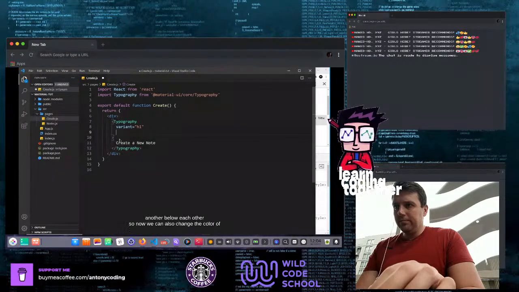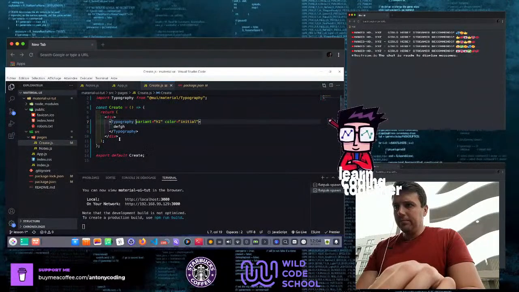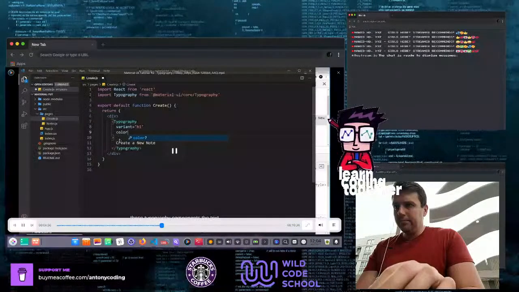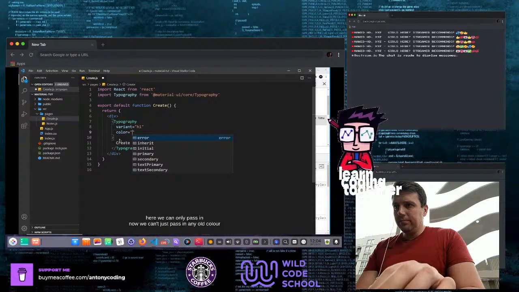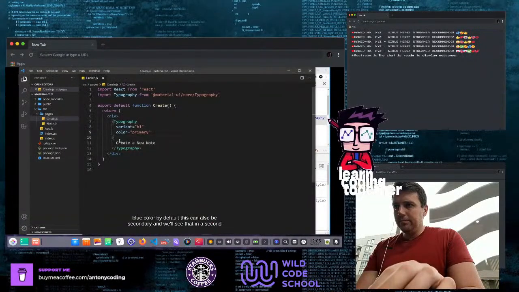So now we can also change the color of these typography components, the text color. And to do that, we can pass in the color prop. Now we can't just pass in any old color here, we can only pass in our different theme colors. Now we'll talk more about themes and colors later on, but for now we'll just use one called primary. So if I save that, it's going to use the primary theme color, which is kind of like this blue color by default. This can also be secondary, and we'll see that in a second, but for now let's try